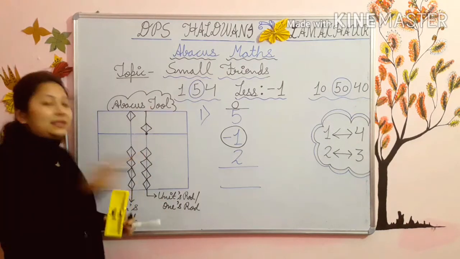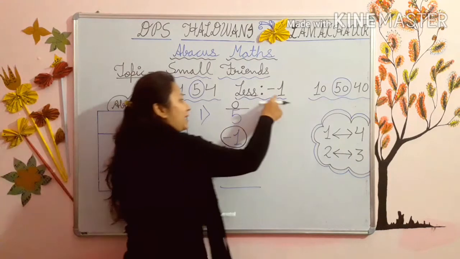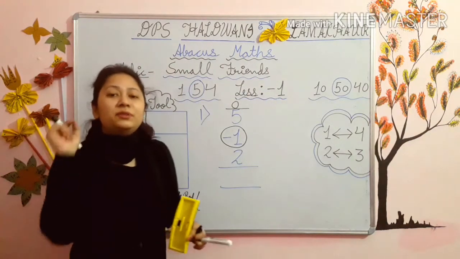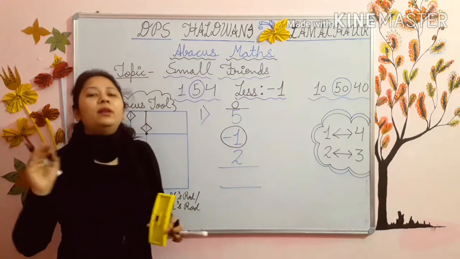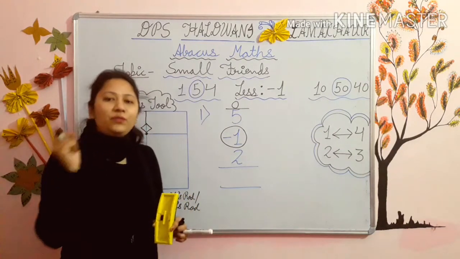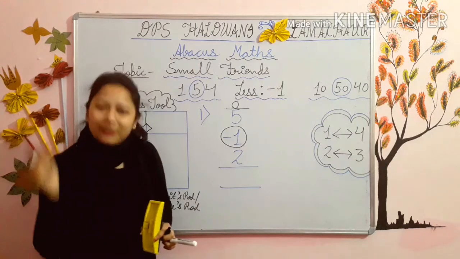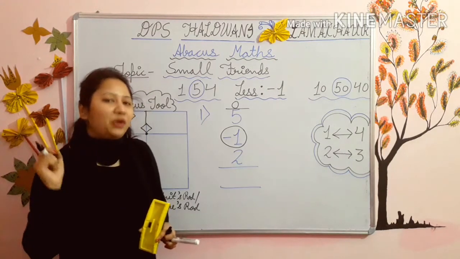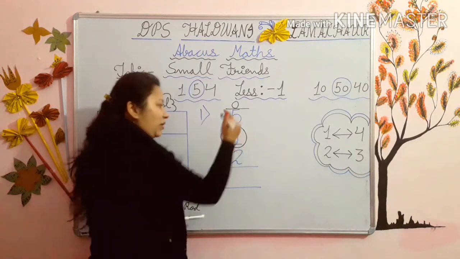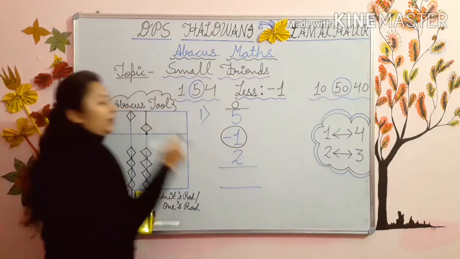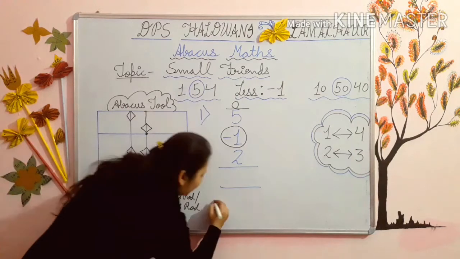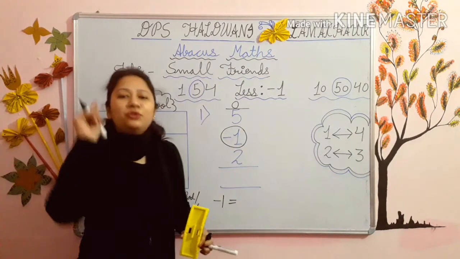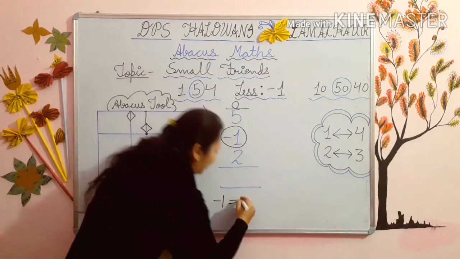Now there is a lack of bead of minus 1. This is our topic. Means that you have to subtract 1 but the bead will not be there. You have to subtract 1 but the bead will not be there. So what do you have to do for this? Now for subtracting 1, the first number which you will subtract is 5.